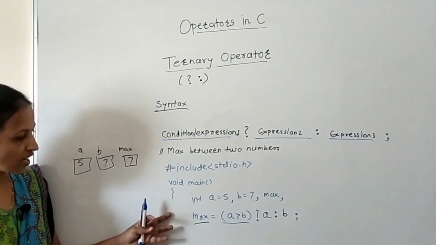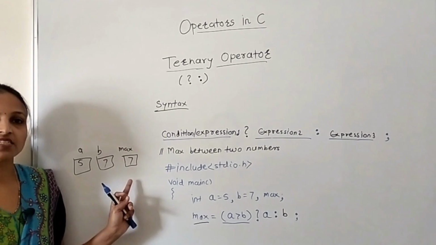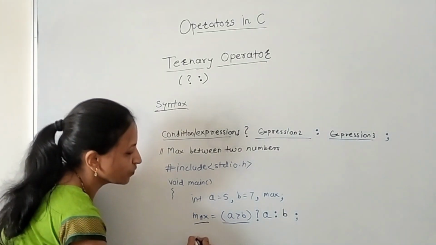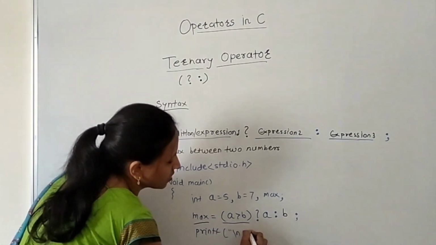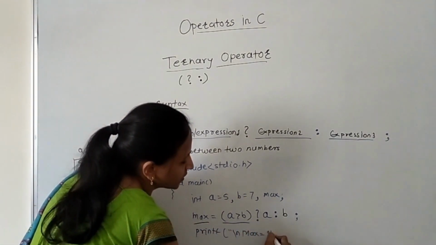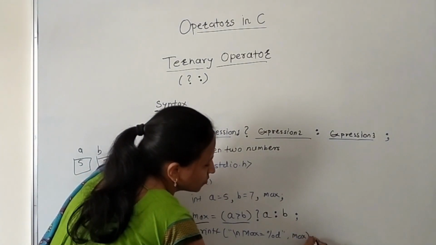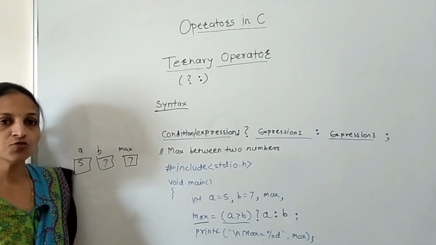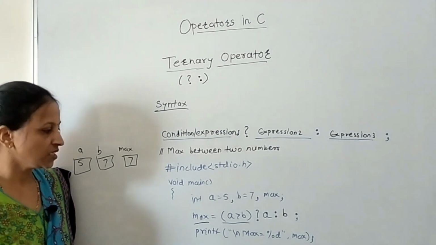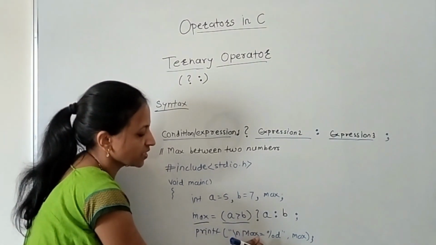Okay, now here I am getting the maximum value from 5 and 7 inside this max variable, which we can now display with the help of printf. Like printf, max is equals to %d comma max. In this way we can use printf. Okay, see, printf is used to display something onto the screen. Here we can place a format string. Format string means any string having